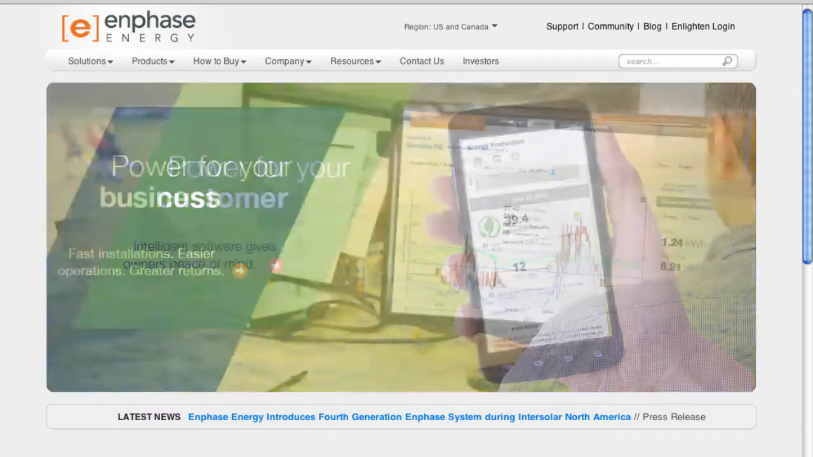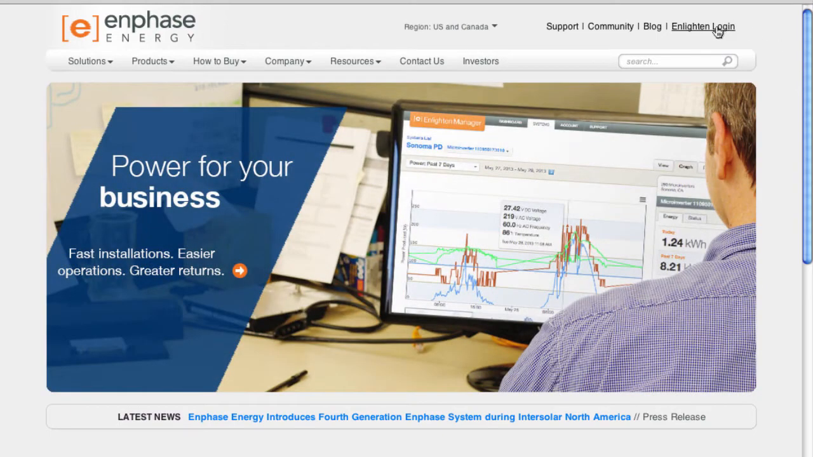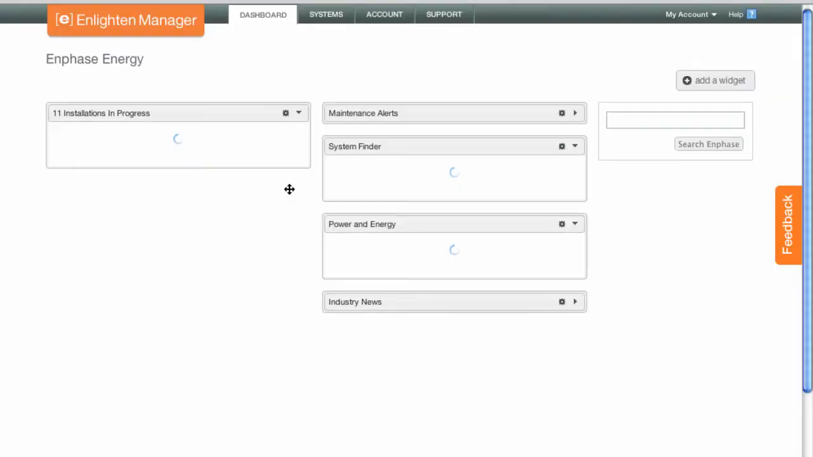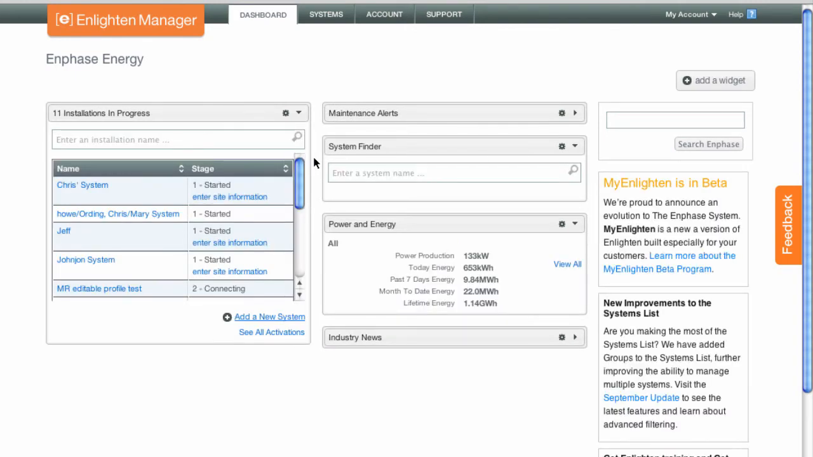on the site. So once you're on the enphase.com website, look for the Enlighten login button in the upper right hand side of the screen. We're going to go ahead and click that and log into Enlighten with our login and password that we already have created. Once we're on here, at the installer dashboard, what we can do is just navigate down here to where it says add new system, and when we click that, that's going to take us to the new activation